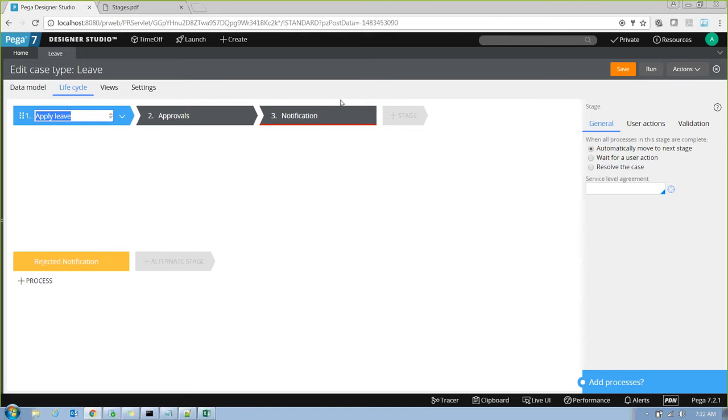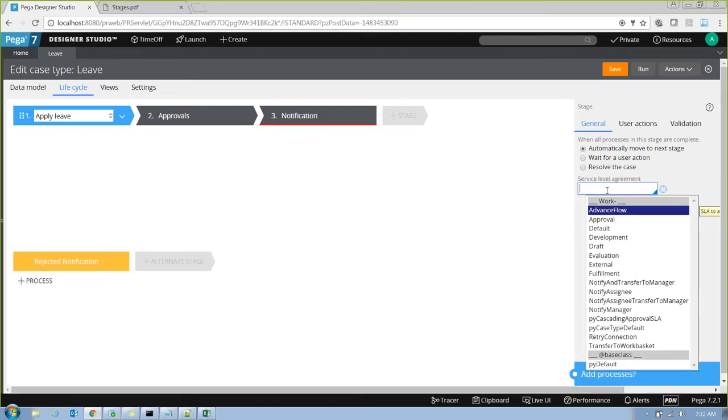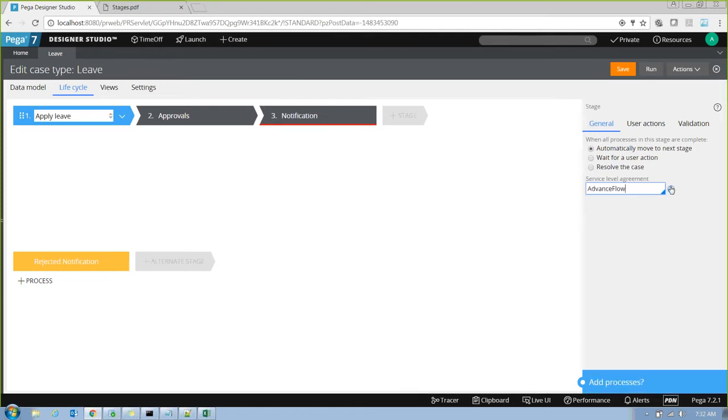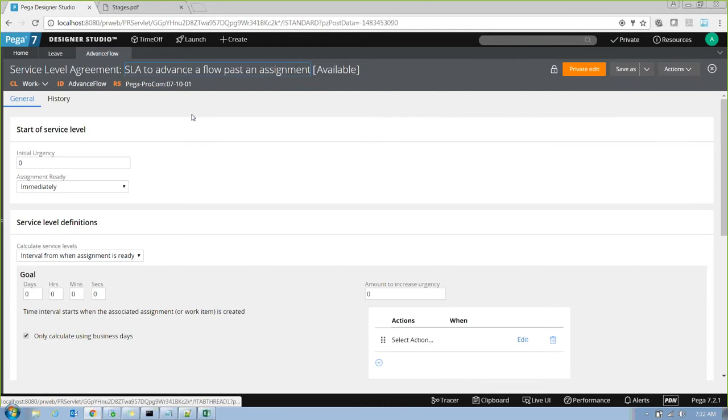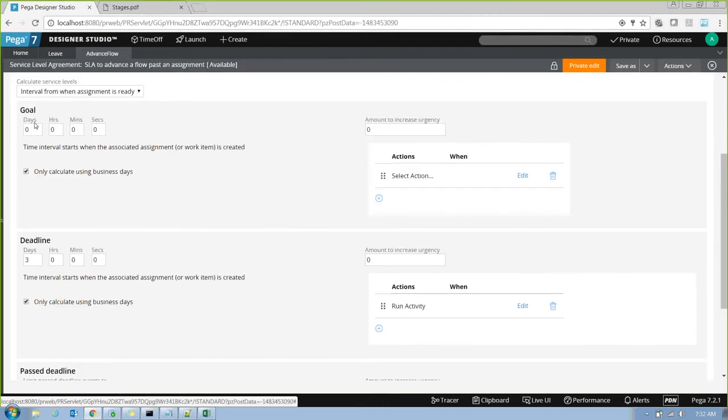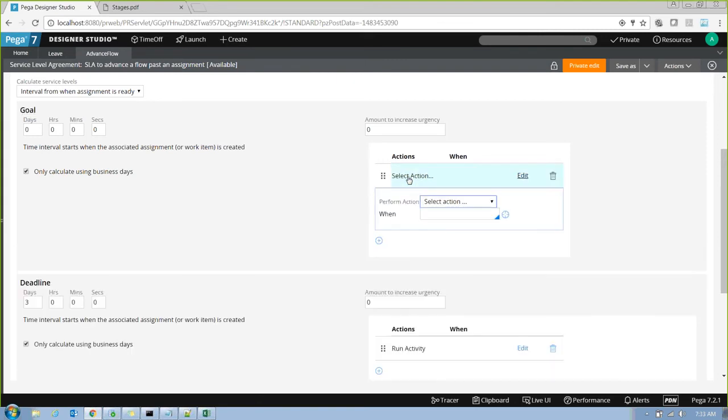So what if I don't complete? In the SLA rule, you specify all the escalation activities. So I'll just open some existing SLA rule. Here we'll specify the goal type, days, hours, minutes, and seconds, and what action you want to take if the user does not complete in that particular time. You can call another flow. You can send a mail to him. Maybe you can send a mail to his manager. You can transfer it to some other person or call any of the business rules.